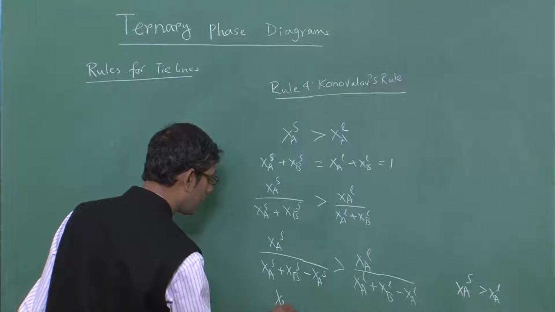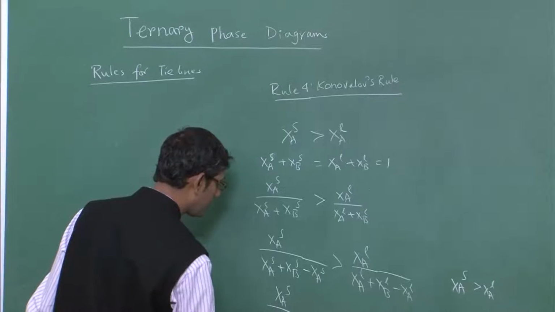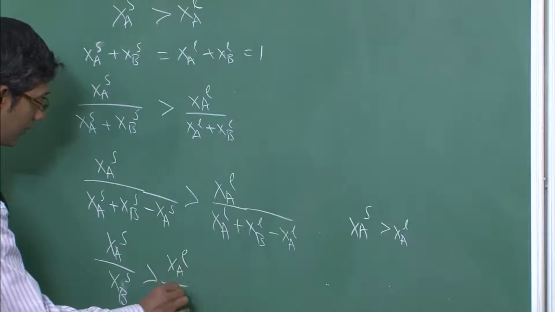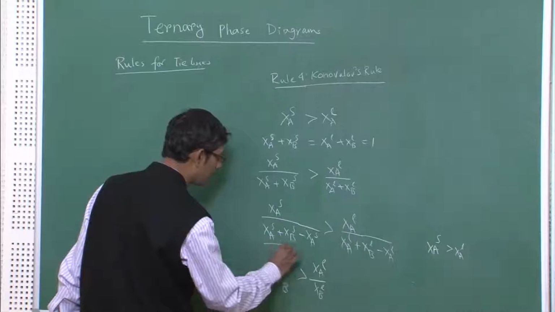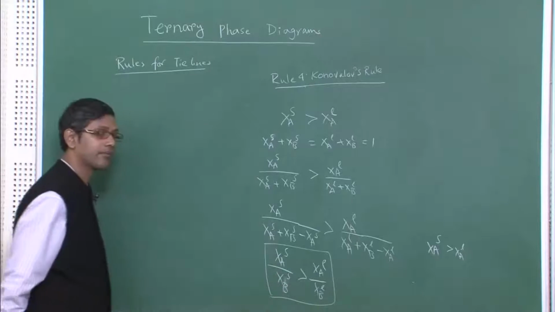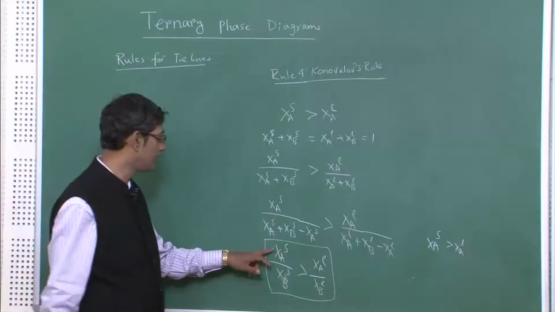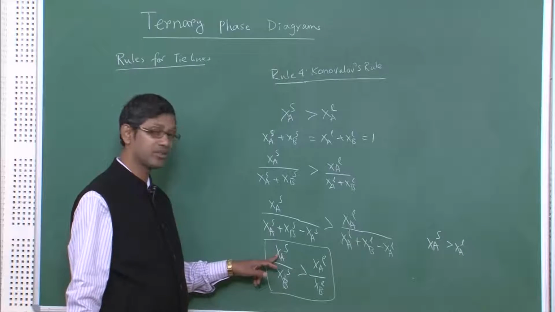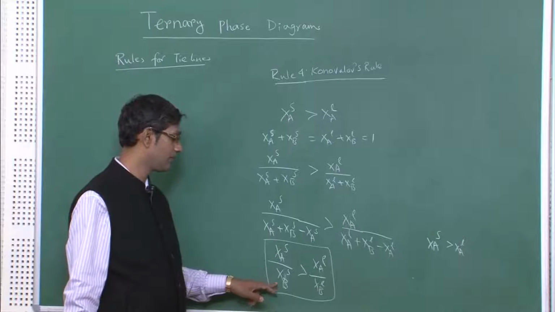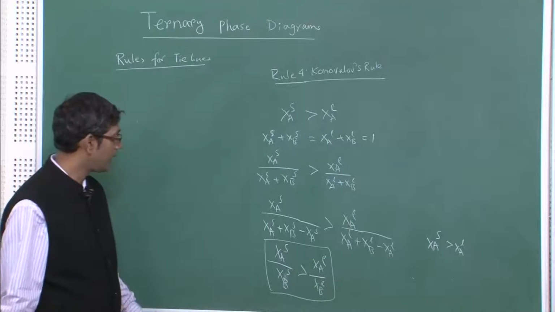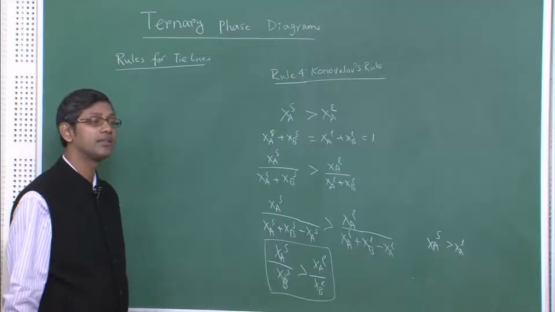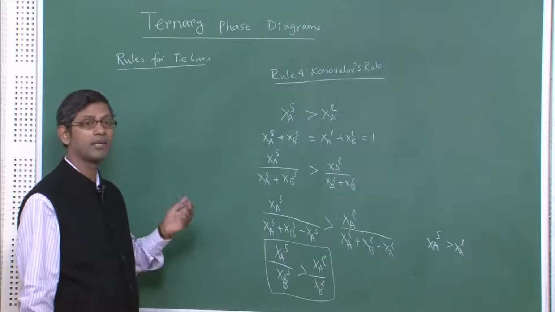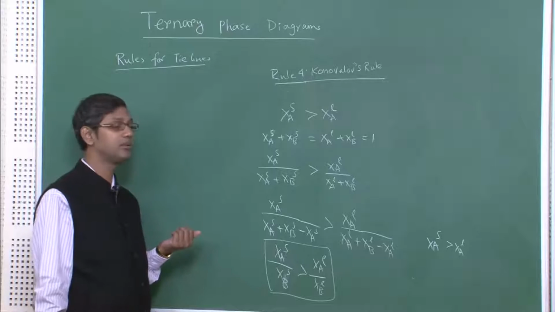So, now I can write X_A^S divided by X_B^S greater than or equal to X_A^L divided by X_P^L. This is what is your Konovalov's rule. Because of this, the solid which is in equilibrium will have a higher concentration of A than B compared to the liquid, and if this is true, then the tie lines will rotate the way I told you. In our case, tie lines rotate in the counterclockwise direction as the temperature falls, because the solid which is in equilibrium with